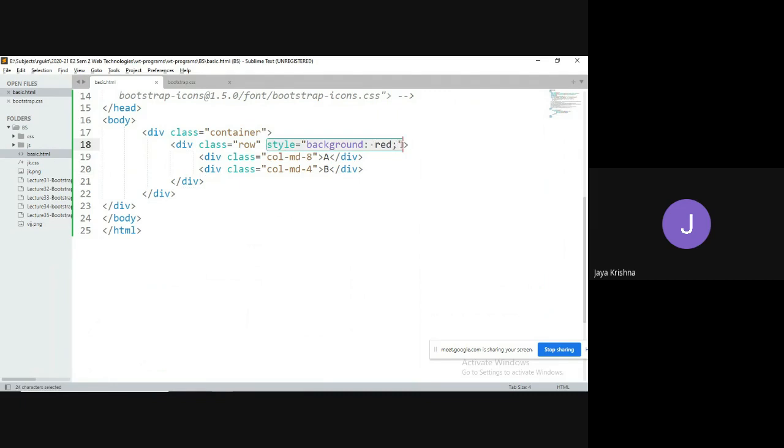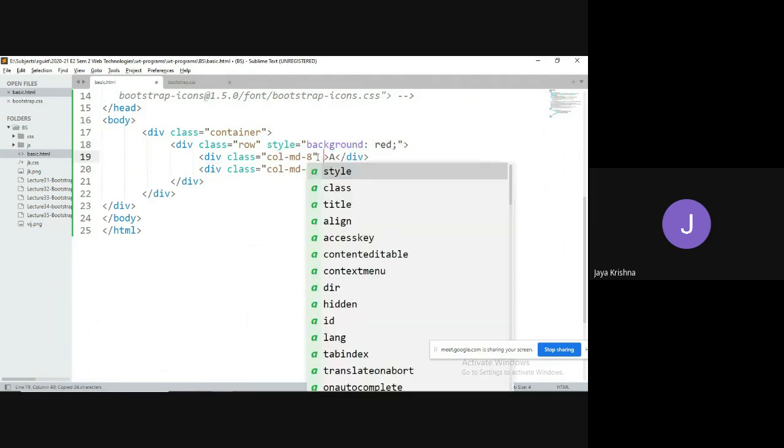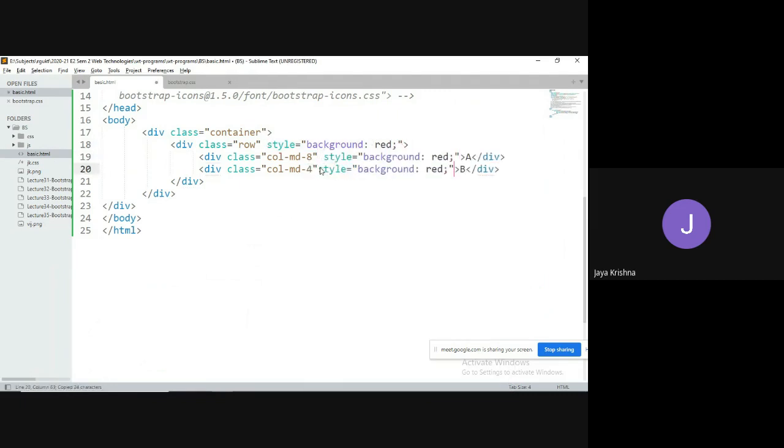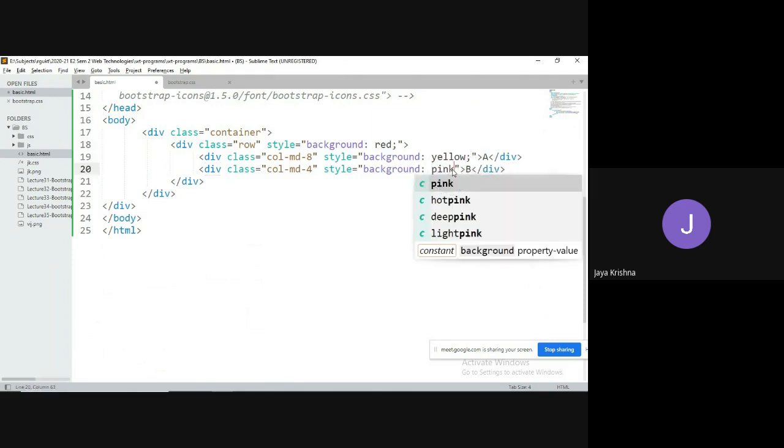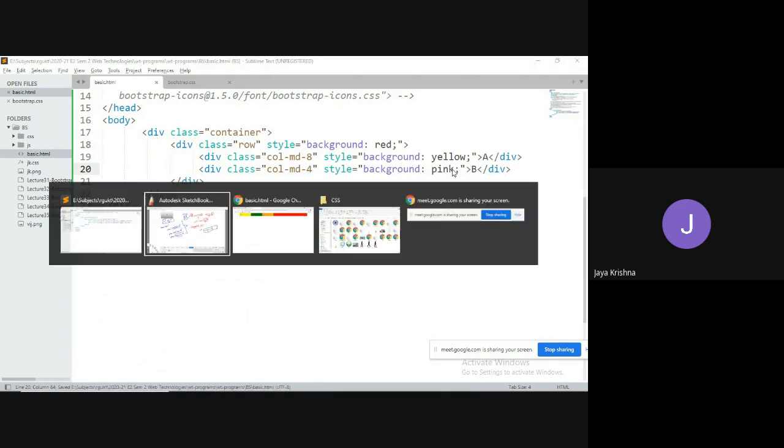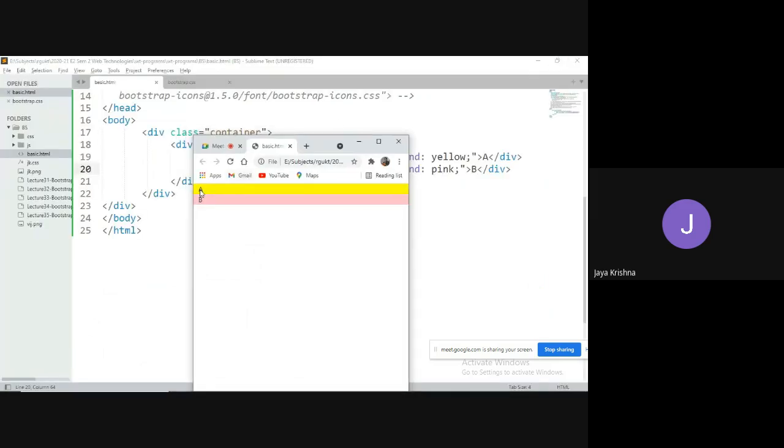Background as yellow and pink. I have split it into 8 parts and 4 parts.